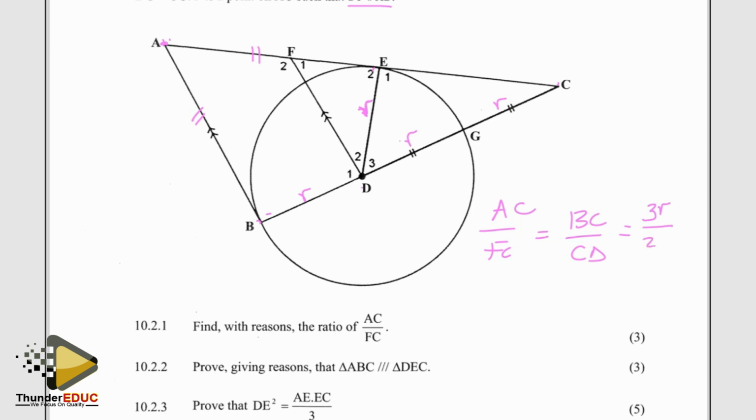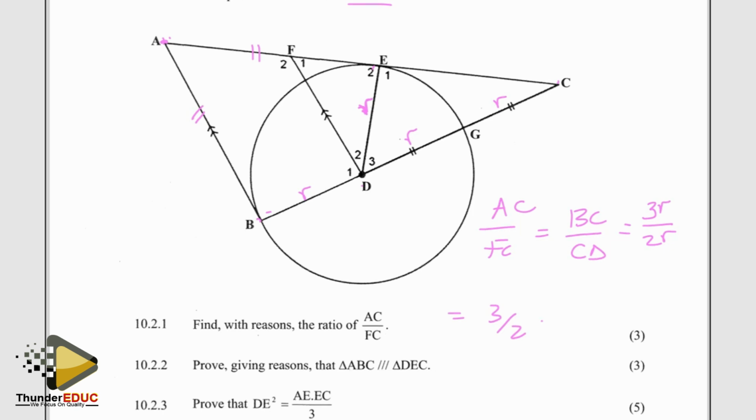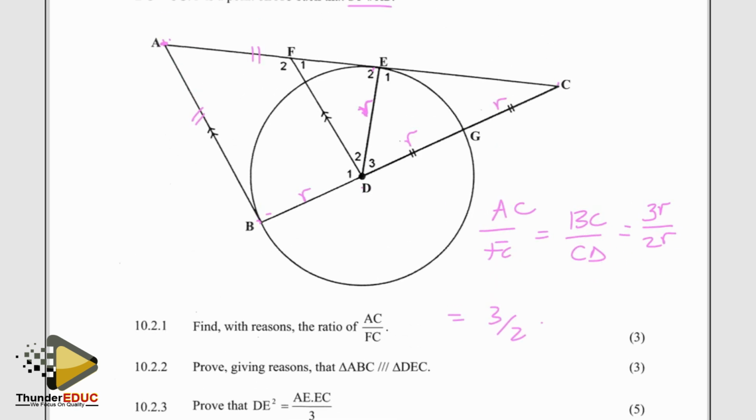CD is twice of R. The R's will cancel, which means the ratio is 3 over 2. Then can we prove with reasons why ABC, the big triangle, is similar to DEC? So number one,